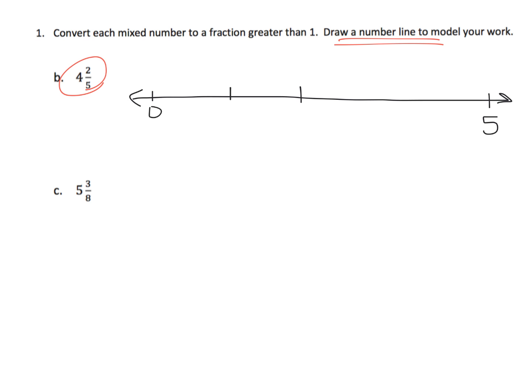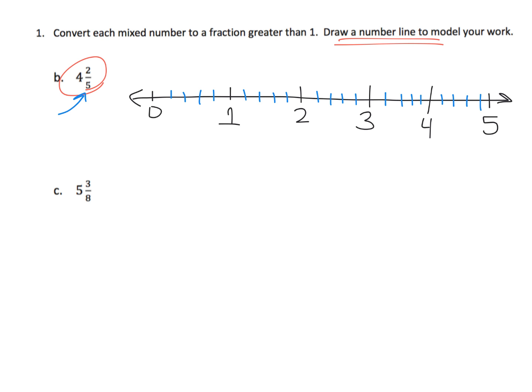And let's break that up into my whole numbers. So here's 1, 2, 3, 4, and I didn't draw them very equal. They're not evenly spaced, and that's okay. Mathematicians don't need their visual images here to be perfect, because we can use our mathematical imagination and fix things in our mind. Now, we know that each whole number is cut into 5 pieces. And how do we know that? Because of that 5 in the denominator. So we're going to cut each whole number into 5 pieces,